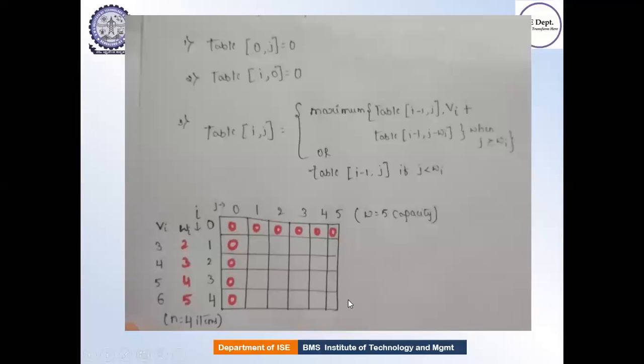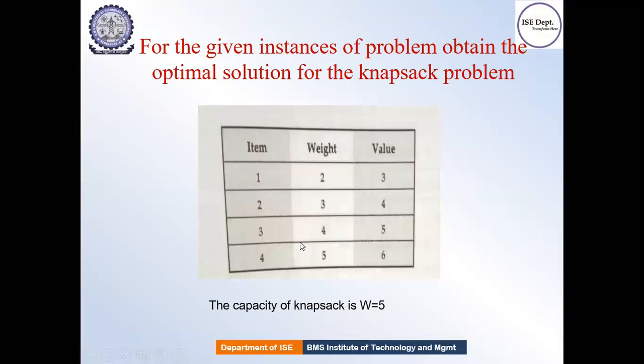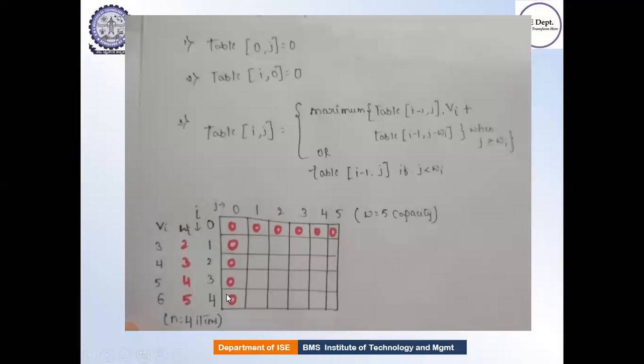So first write the table in matrix form. Here, how many objects do we have? 4 objects. So how many rows should you have? 5 rows. This does not do anything for our purpose; it is only used for calculation, but we start from these objects. So 1, 2, 3, 4, and 0 should be indicated. And the capacity also should have 5, so 0, 1, 2, 3, 4, and 5.